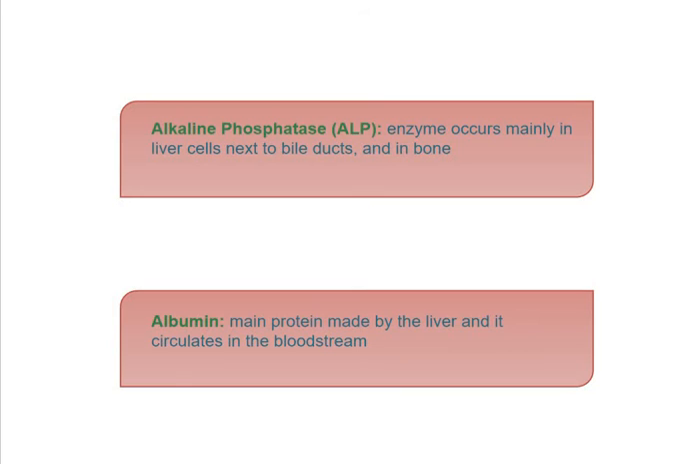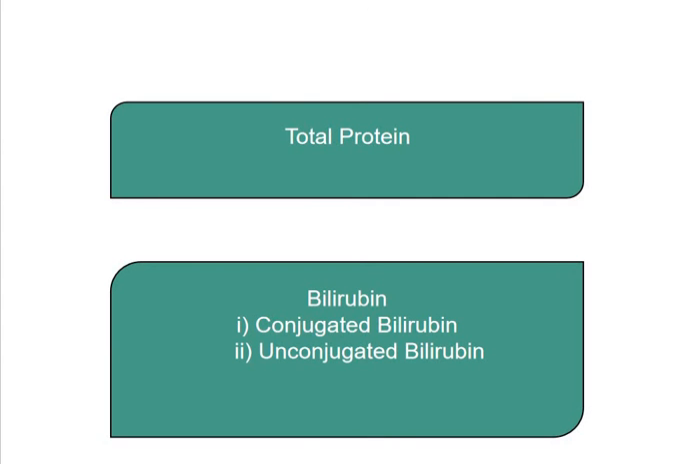Now the other test, that is the total protein test. The total protein test measures the albumin and all other proteins in the blood. Now, total protein is followed by the next test, that is the bilirubin test. So the bilirubin here